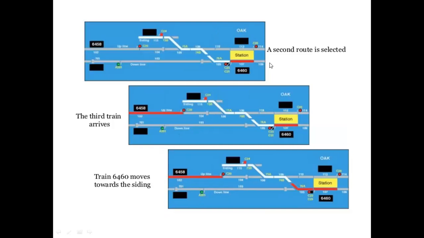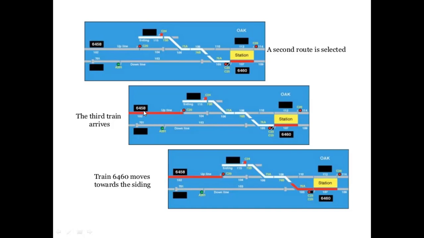A second route is selected if the station must be vacated by the train. So here the alternative route, the second route, is selected, and the train must stop before reaching the station,